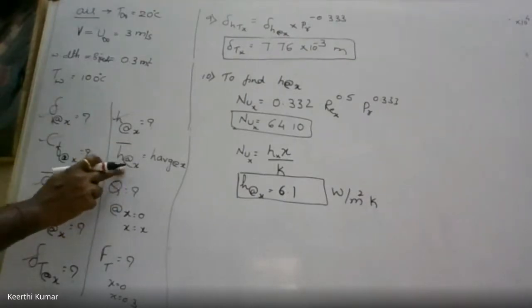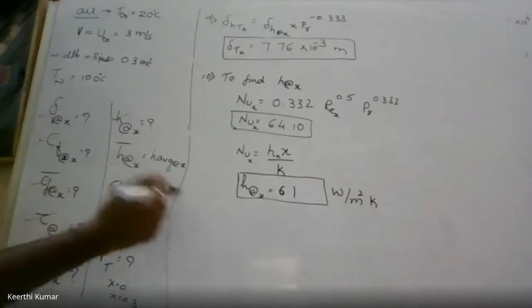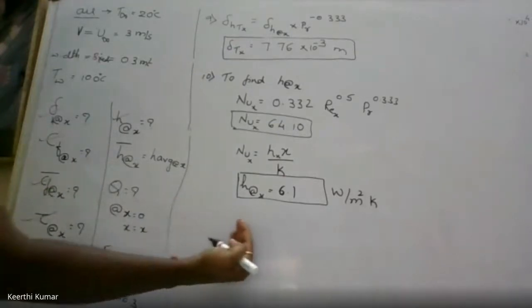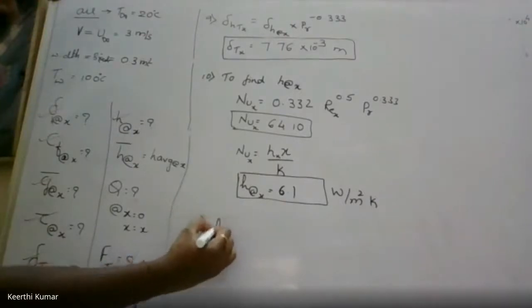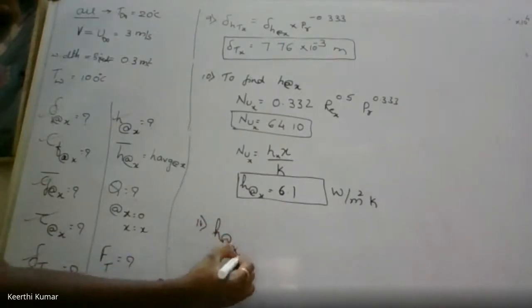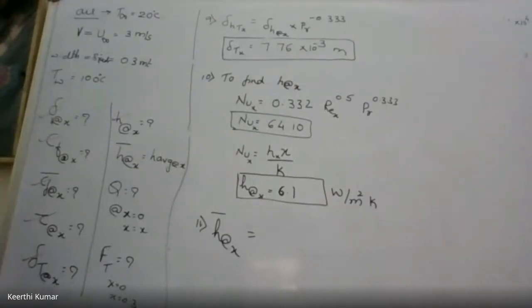Average h. This is the average h between x, sorry, h average, no? H average from x is equal to 0 to x is equal to 0.3. So that can be obtained with the help of the 11th step, that is h at x. Average is indicated by just a bar. This is nothing but the average we did. Can you check what is the average formula for CFX we did? CFX average and CFX at a particular distance x. What is the equation?